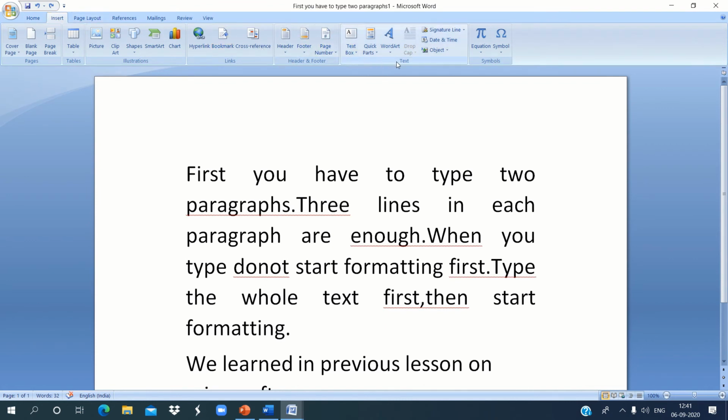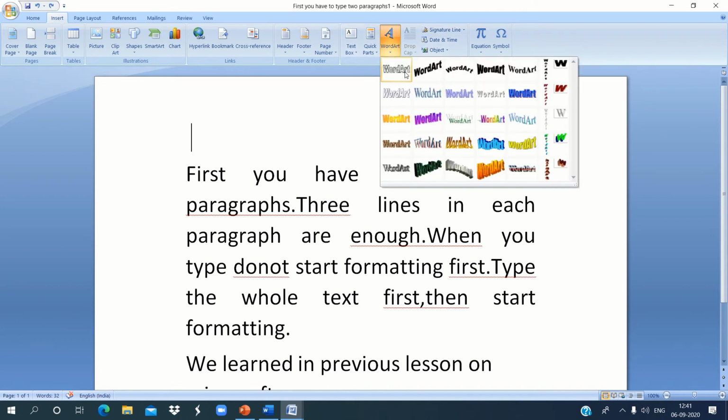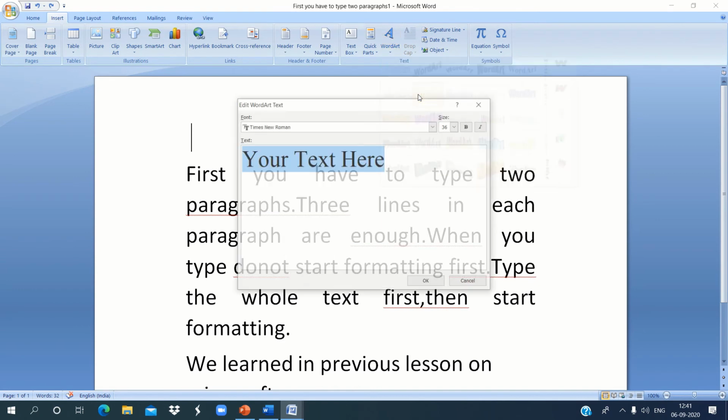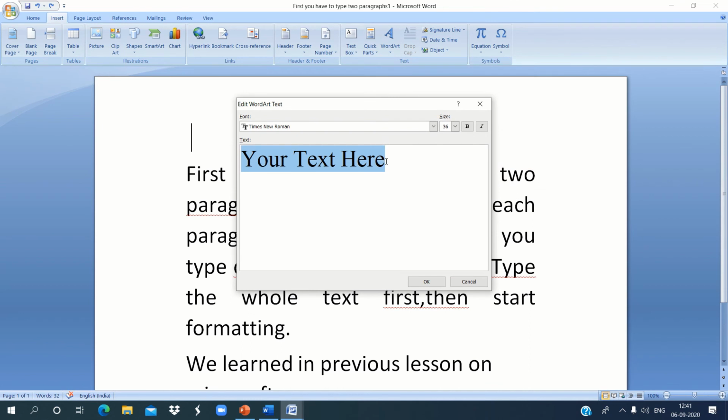From this text group, you select word art. Then you will get this list. From this list, you select the style that you want. Then you will get this window. Here, can you see your text? You delete that message and type your title. Here I am going to type paragraph formatting.